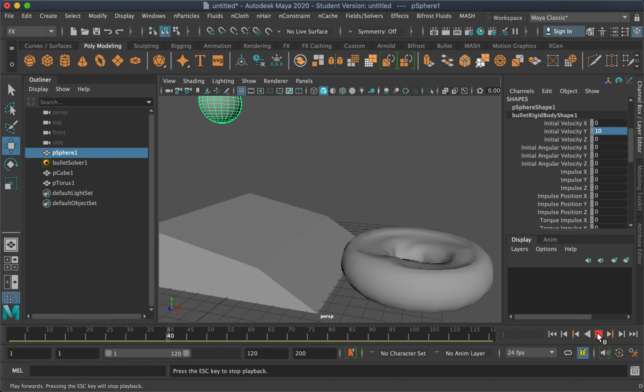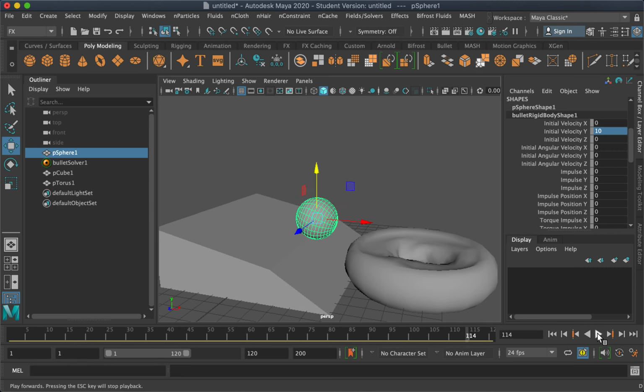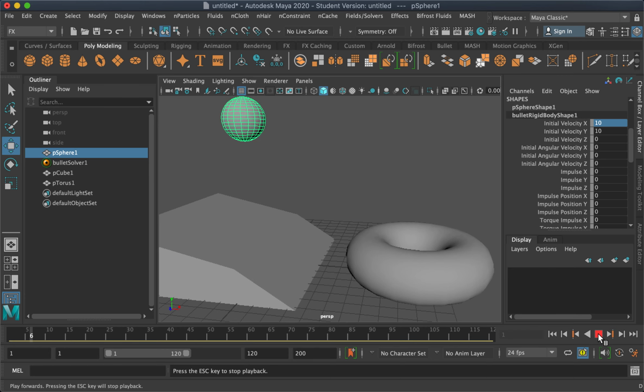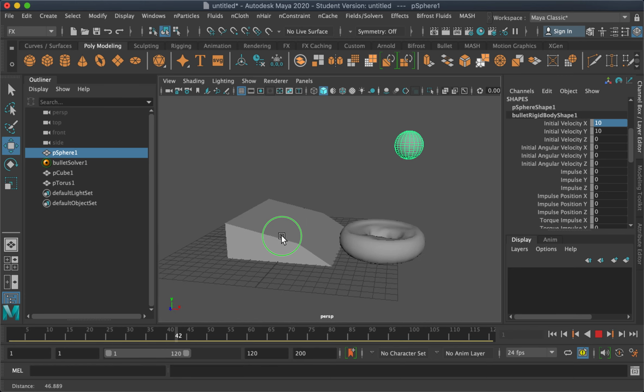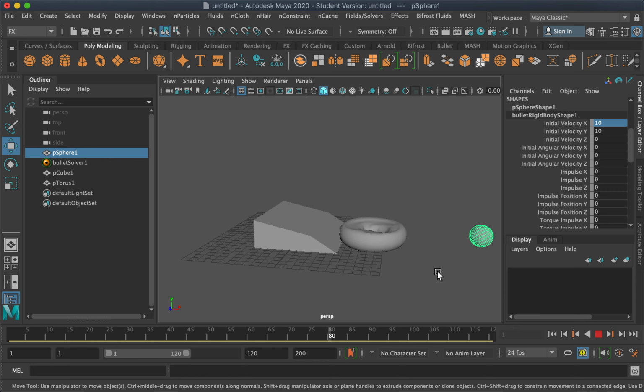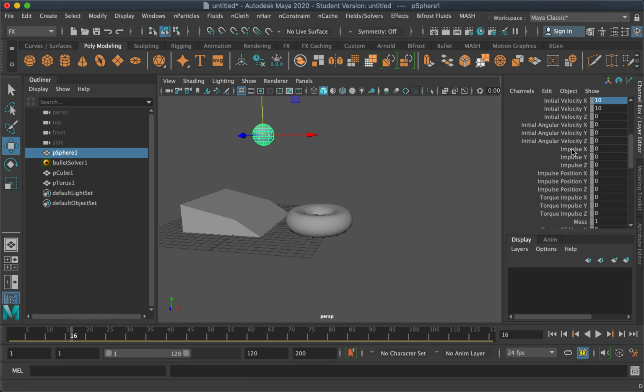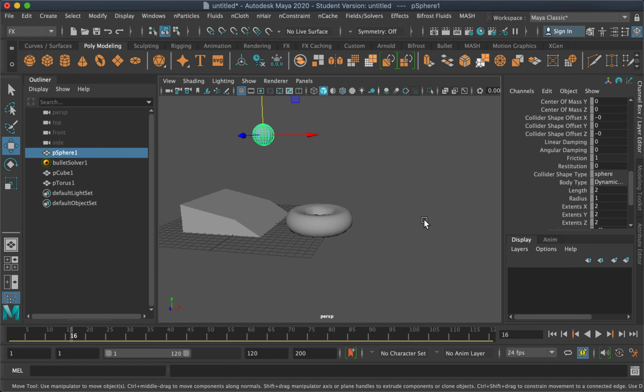As you can see, the ball jumps first before falling down. If you want to add x velocity in the x-axis, let's say also 10, this will throw the ball at an angle. So you can modify this, check these attributes and see the different effects.